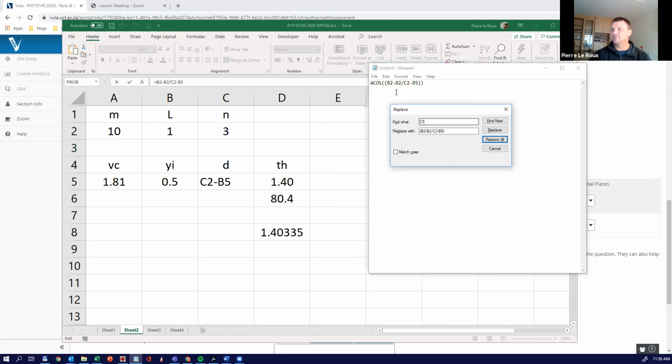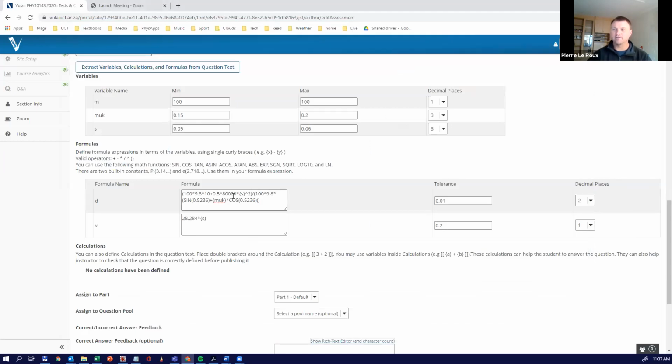And then at the end of this, if you want to go see, I've got B2 over there. If you say, I don't want B2 in my question, because when I paste this into Vula, my B2 is actually, and then we're going to use the curly brackets and say L. And then if I replace that, I did it again. And then over here, I can just copy this straight into Vula as the final thing that happens. Now, like all coding like this, there's a lot of error checking that needs to happen. But if you keep a spreadsheet going,